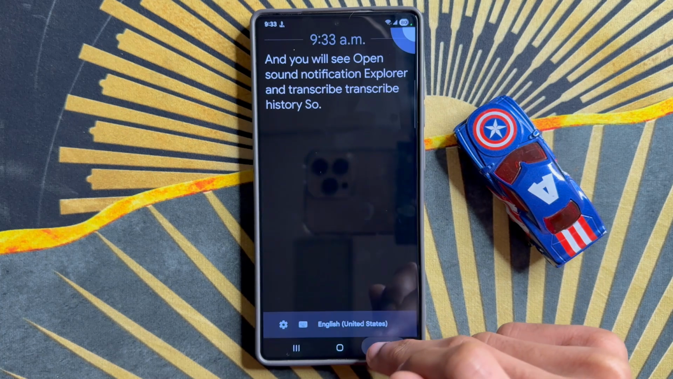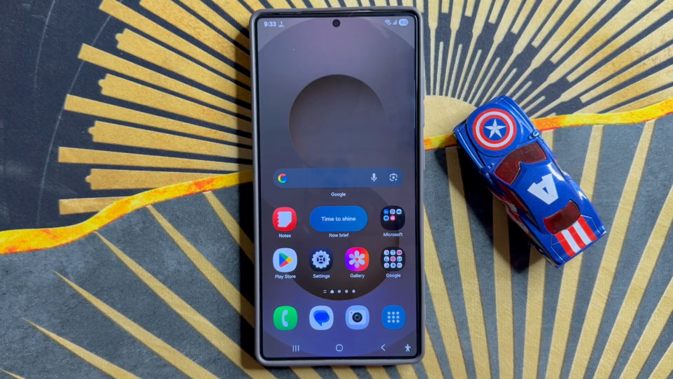So after the process, go back to home screen. So that's how you can convert speech to text on